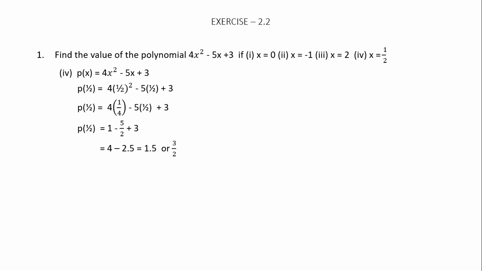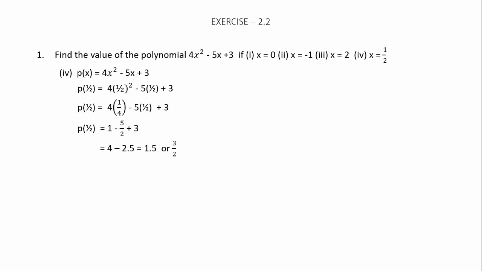When the integers are given, substitute the values and find out. If you have any doubt, go through the second slide once again. In the second slide it was explained, first slide it was explained. So once again go to the first slide, try to understand and then do it.